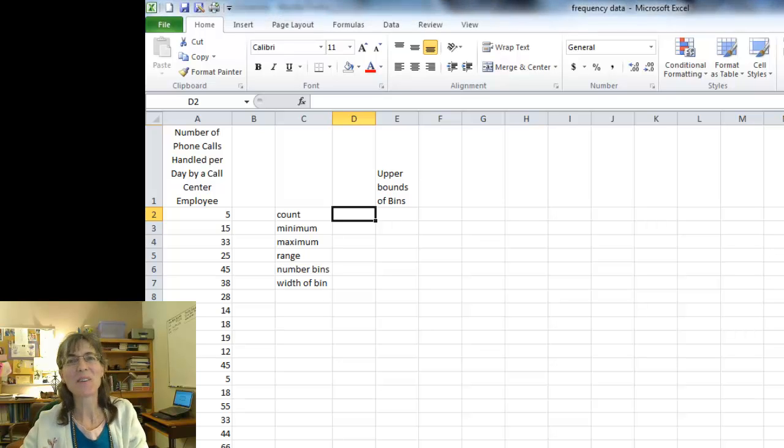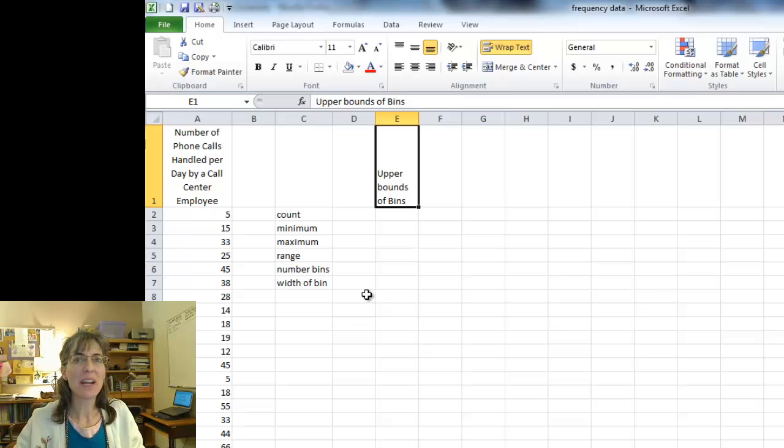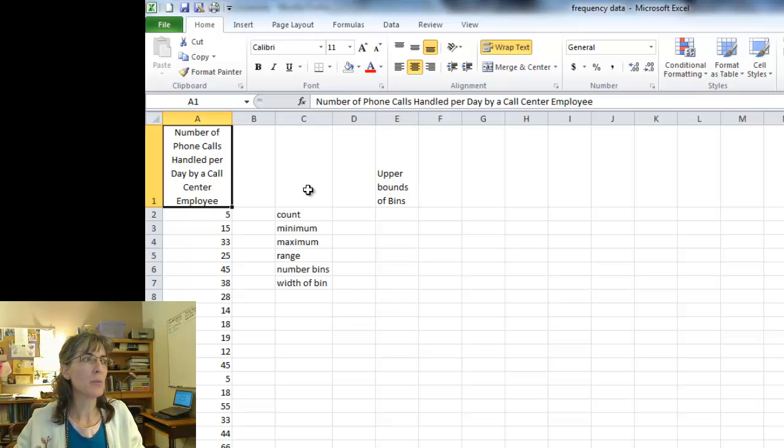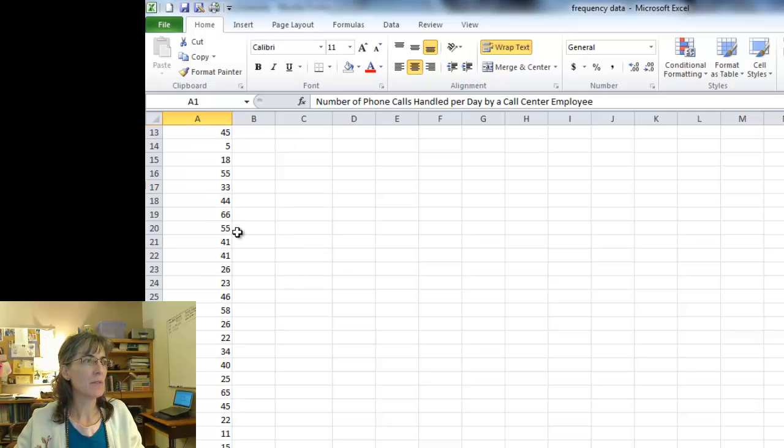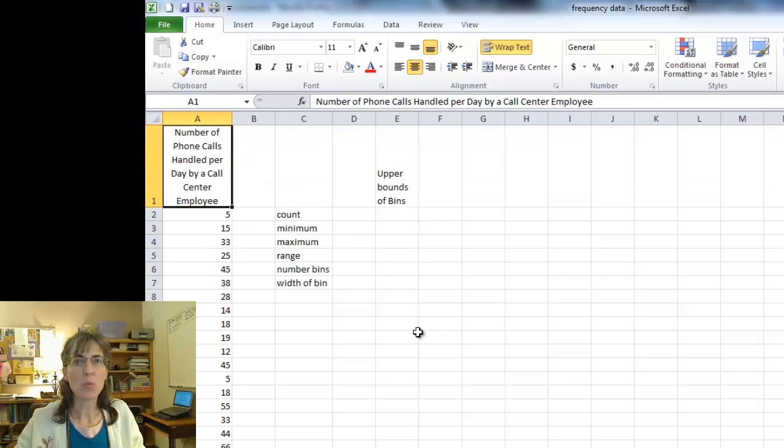Mrs. Brown here, going to tell you how to make a histogram using data that is just the frequencies. Here I have some data. It's the number of phone calls handled per day by a call center employee, and I have several data values here for that person. And what I want to do is figure out a nice set of boundaries for a